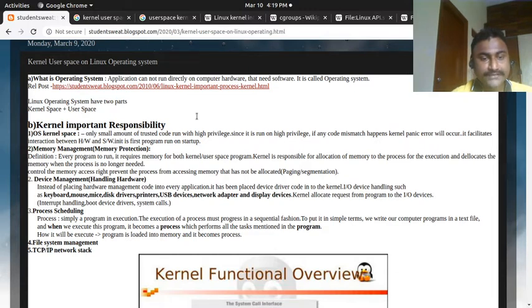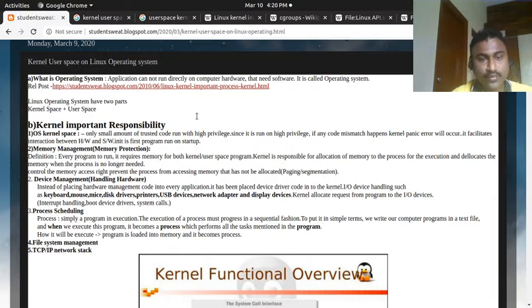It contains important code that runs in a high privileged mode, so that if anything goes wrong or mismatches, a complete kernel panic error will happen. It is the first program to be started, with process ID 1, and this is the OS kernel space. Its key responsibility is handling the hardware to run processes.